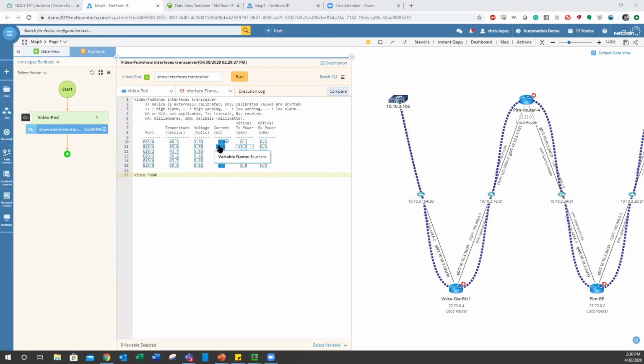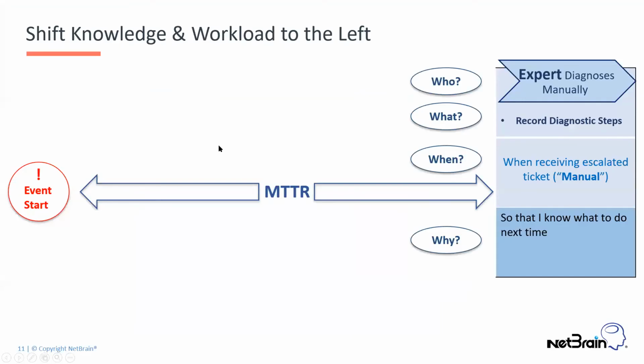This was the purpose of this first session, which was the expert diagnosing this issue manually. He records the diagnostic steps, but everything that we've done here is manual. We've solved this issue, or we've figured out what we need to change about this network to resolve this issue. But this is something that I found because of my experience with the network. Other engineers might not know to check for the transceivers, and I shouldn't need to get called in every time